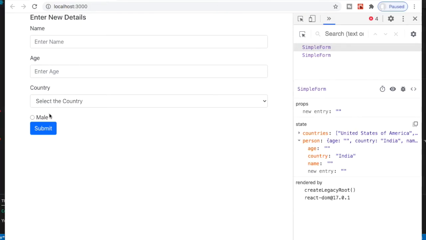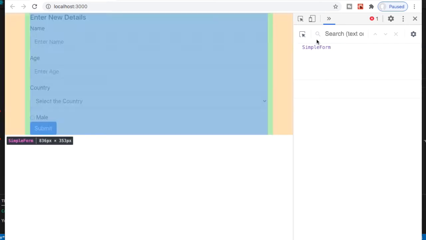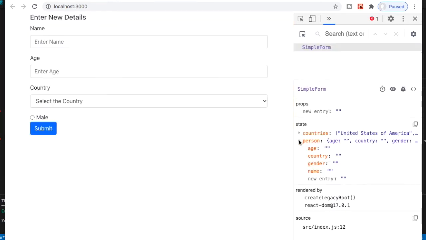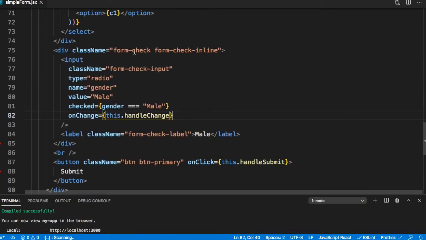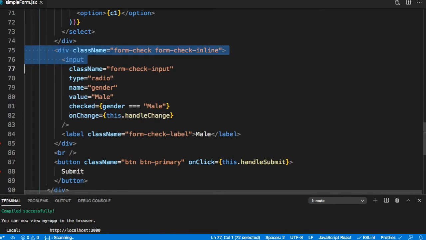Let's go ahead and check it. If I refresh it in my simple form, in my person, I have age, country, gender, and name. Now, if I click on male, my gender becomes male, which is exactly what we wanted. Let's add for the female also. I'll just copy this.